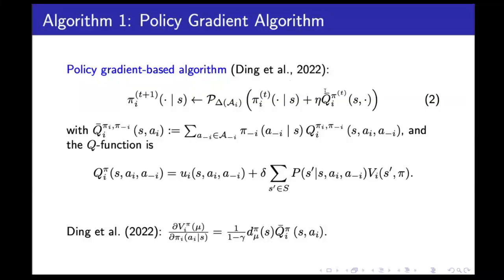I want to talk a little bit about why it is a variant of policy gradient, but we actually use the Q function here. They showed that the partial derivative of the value function with respect to the policy is in this form involving this Q function, and that is a state occupation measure. One advantage of ignoring this part is that under pi, the state visitation of some s may be very small, but if you ignore this part, you encourage exploration to all the s.